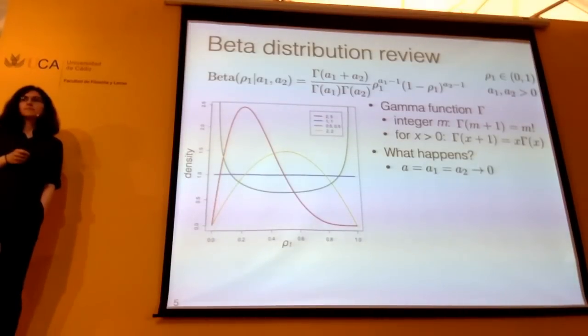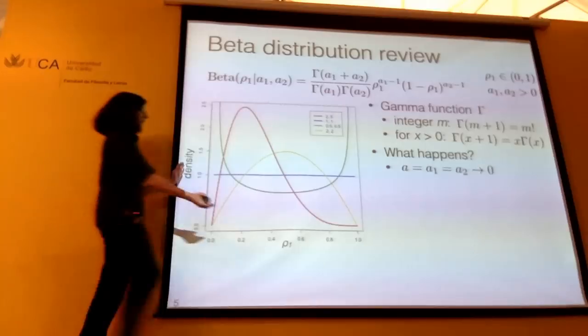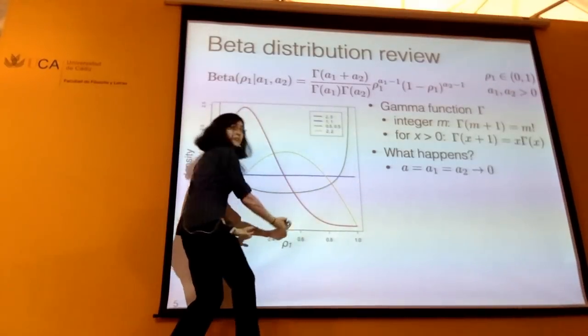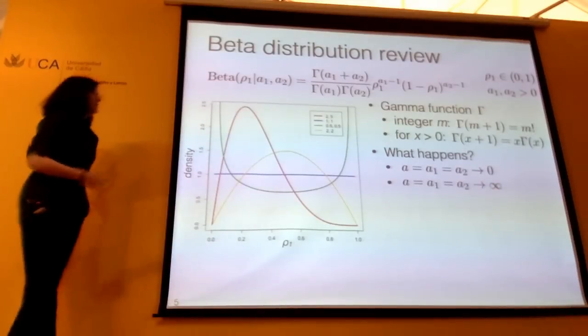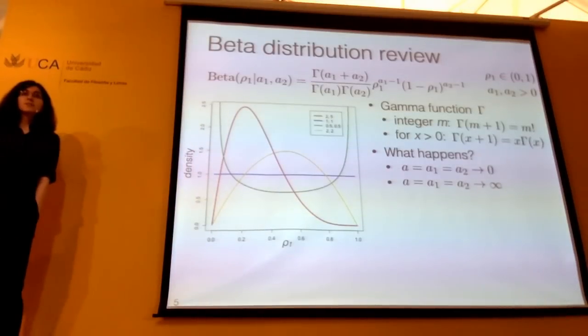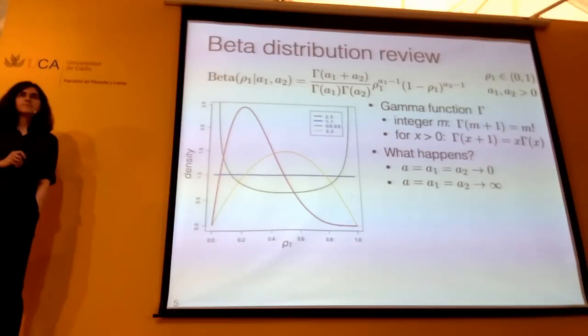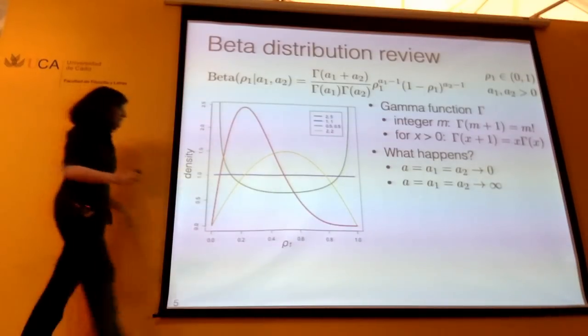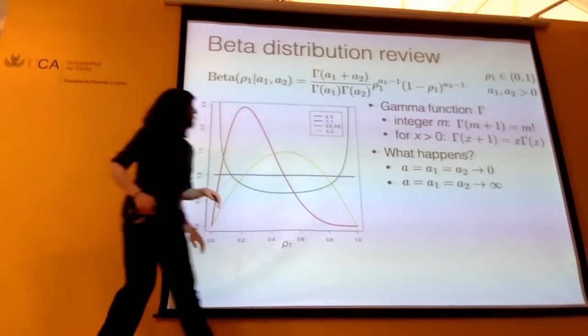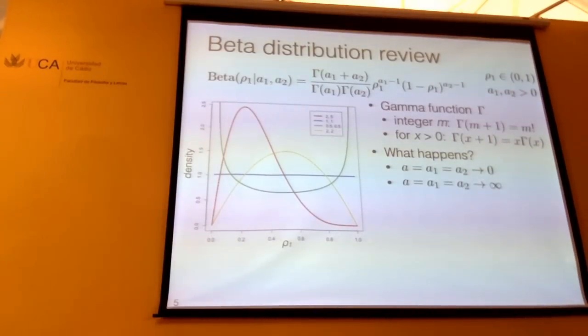Two directions. Yes, I expect there to be a lot of peaking around 0 and 1 and very little mass in the middle. Likewise, if I make them very, very large, what do I expect to happen? One peak at 1/2? Yes, I expect to see the peak going up at 1/2. So let's look at what this actually looks like in a demo. Oh, and actually, last one.